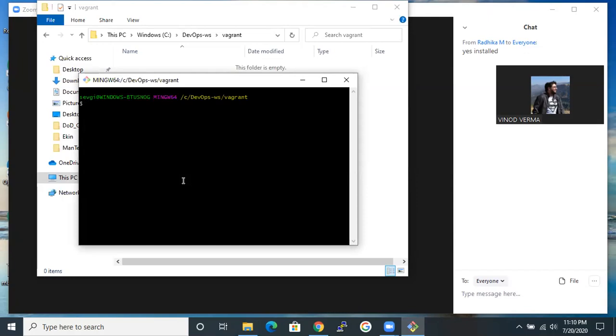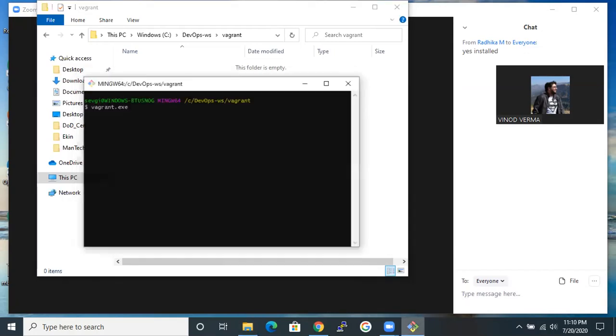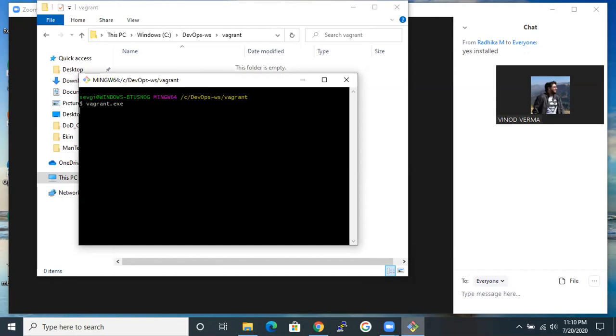Now you type vagrant. VAG, then tab. Just press tab. Yeah, it's coming right now. It's installed. So just enter. All the commands, whatever you are able to see on my screen, you will see the same. So Radhika, are you able to do the same? Just confirm once. If not, then share your screen as well. We'll set up these things, because these are very initial things. Yeah, it is coming. Wait, it will come.